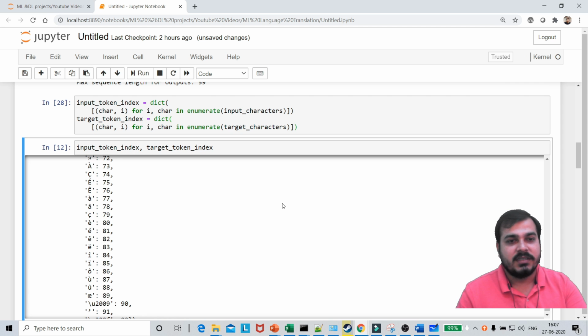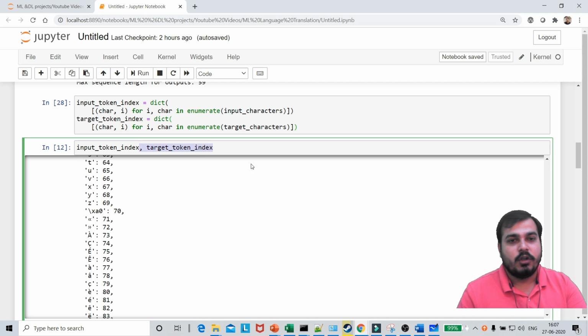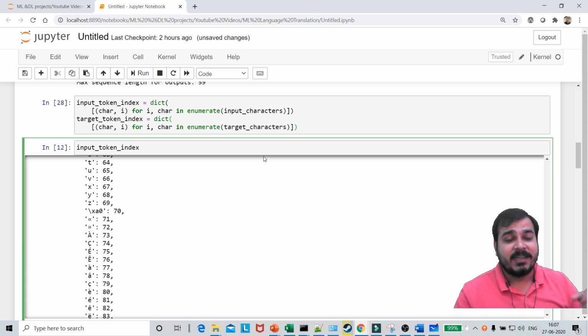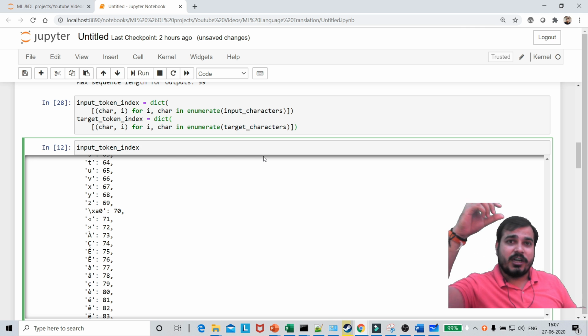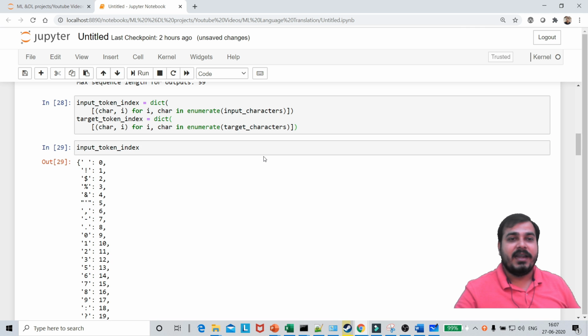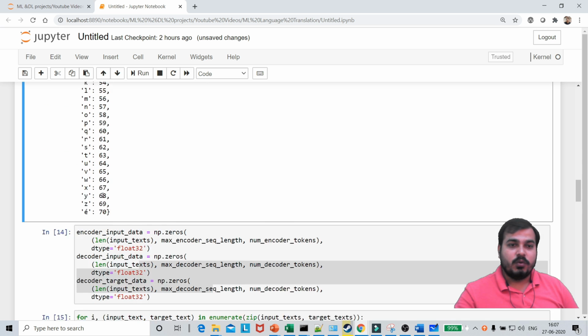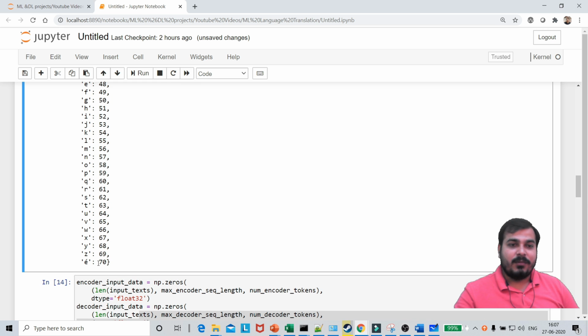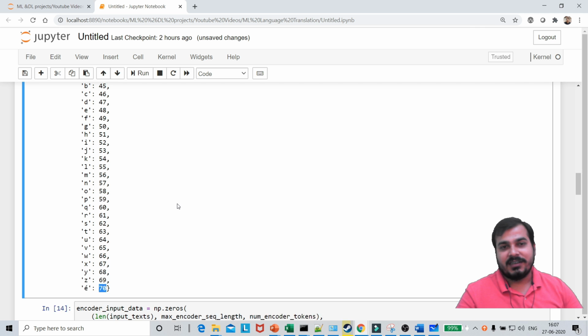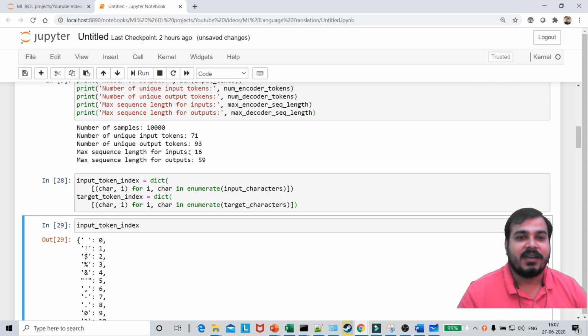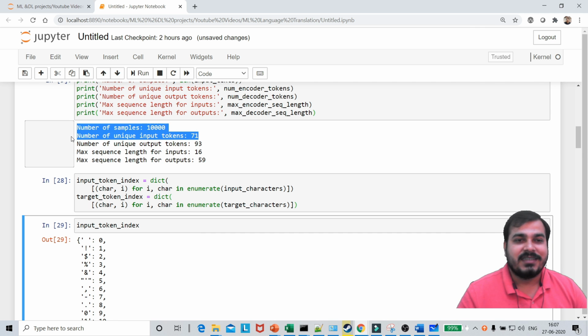So, if I execute this and show you the input token index, what it will do is, based on how many English characters are present, in sorted order it will start assigning indexes. Here you can see that for the space it has put 0, for this it has put 1, for dollar it has put 2, then 3, 4, like this. The last character is given index 70, so the total number of characters over here is 71. Similarly, if I go and see the